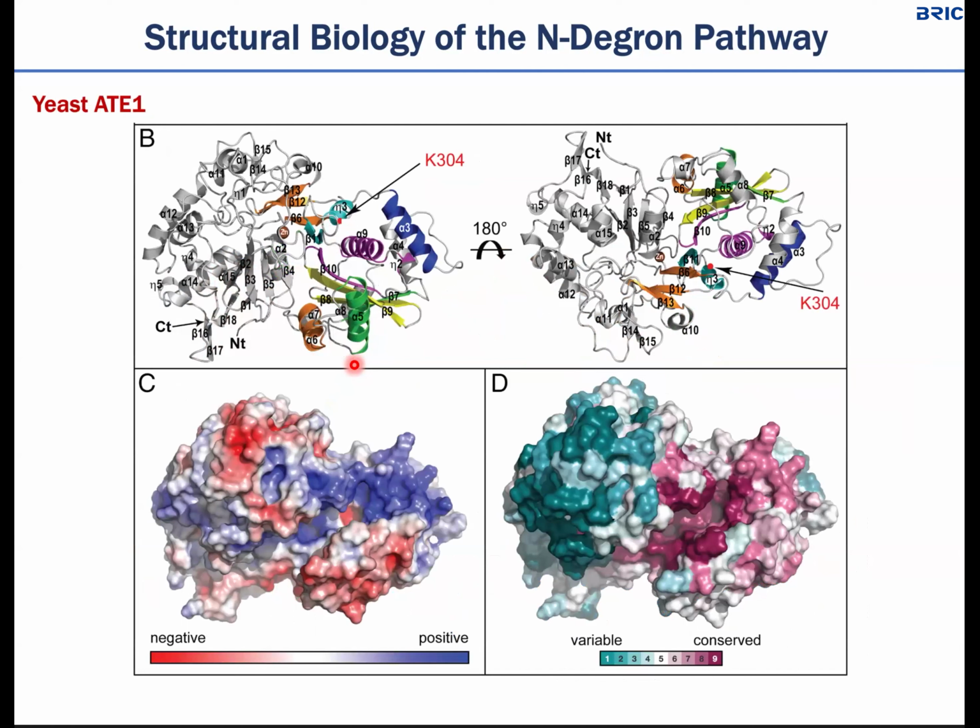Most recently in 2022, Professor Song's group in Korea University was able to elucidate the structure of yeast ATE1. However, to date, the three-dimensional structure of human and mammalian ATE1 had not been resolved and was only analyzed by molecular modeling. Thus, we wanted to resolve the actual three-dimensional structure of human ATE1 and compare it to that of